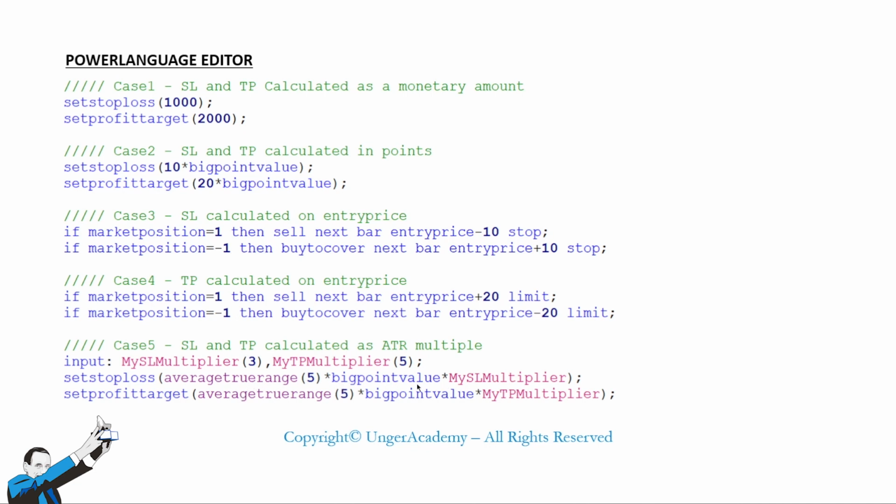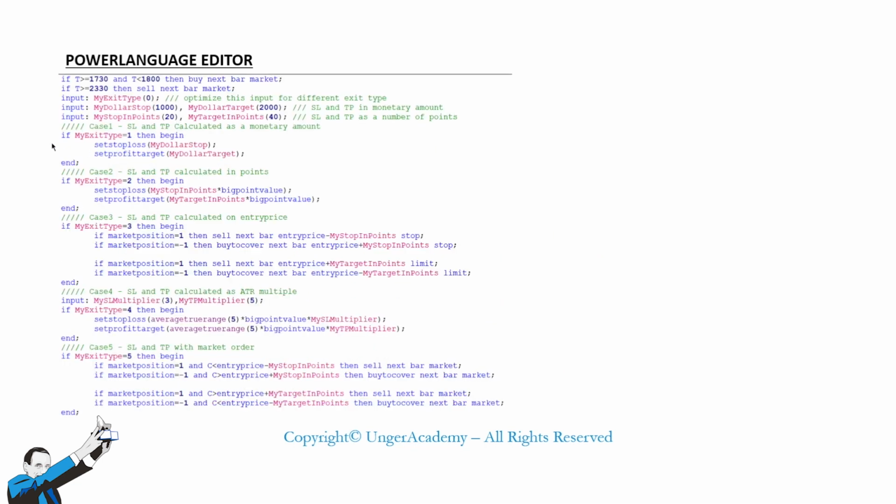This 5 will be multiplied by the big point value and then multiplied again by a multiplier, which is a number that is used to set our stop loss at 1, 2, or 3 times the average true range we've calculated. The take profit, well, that works the same way, except that, obviously, in this case, the multiplier is signaled using a different input. For example, if the stop loss was set at twice the average true range, the take profit could be set at 4 times or 5 times the average true range.